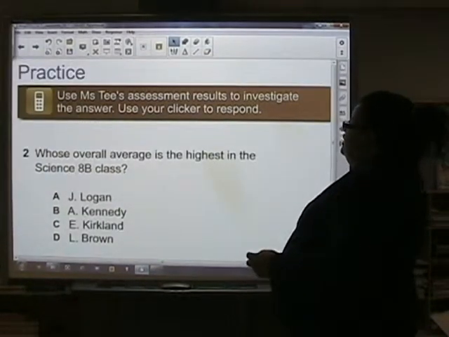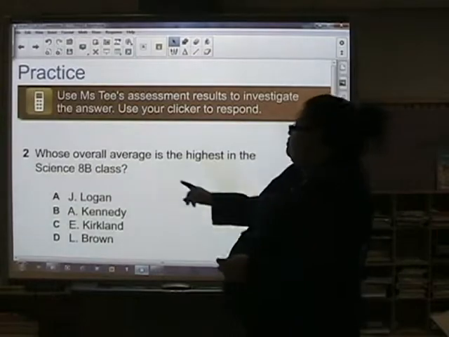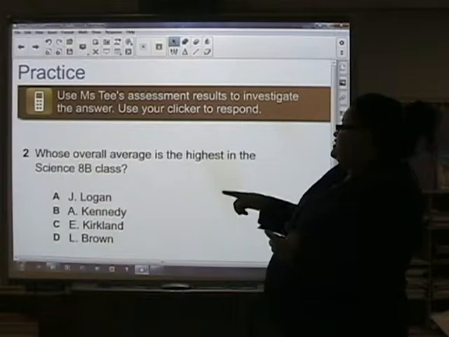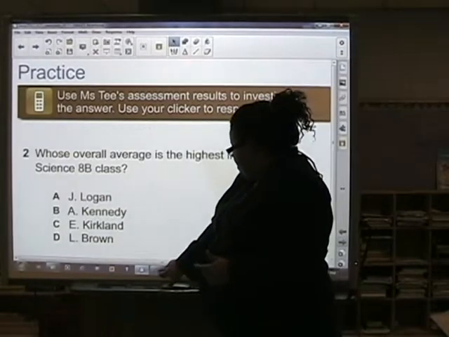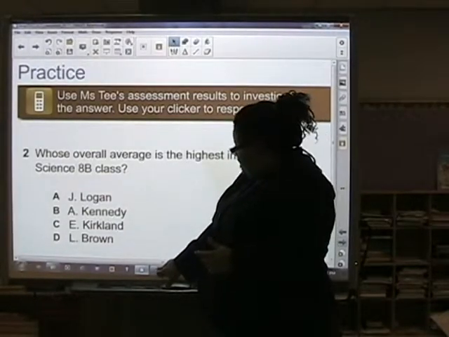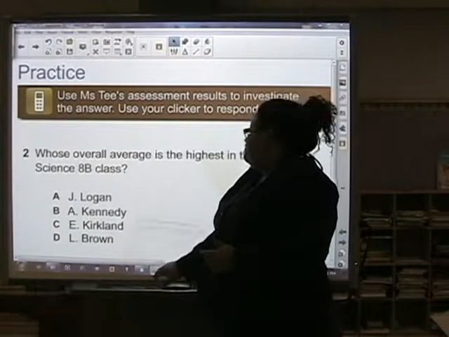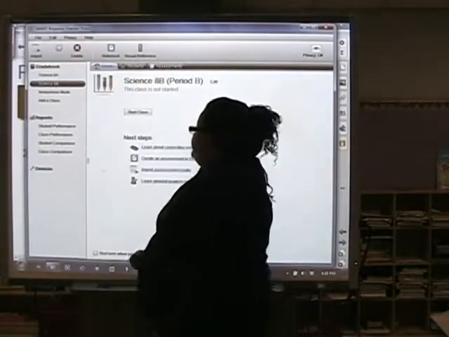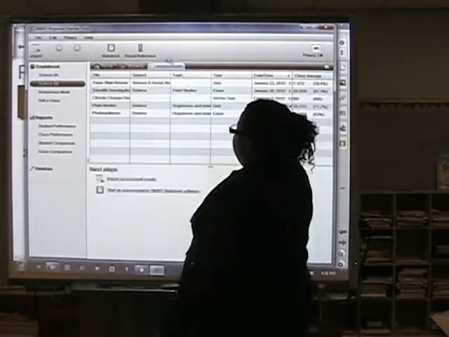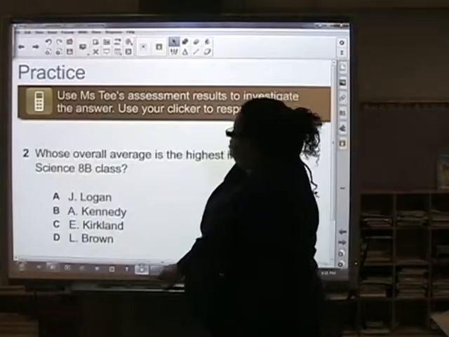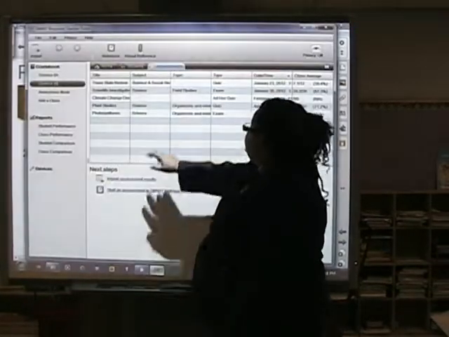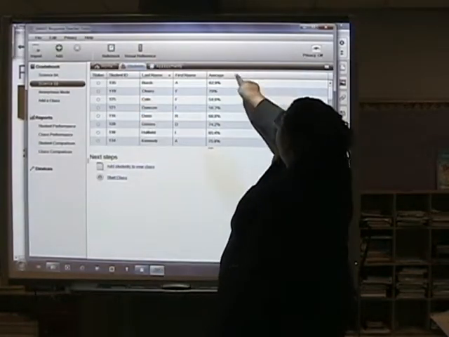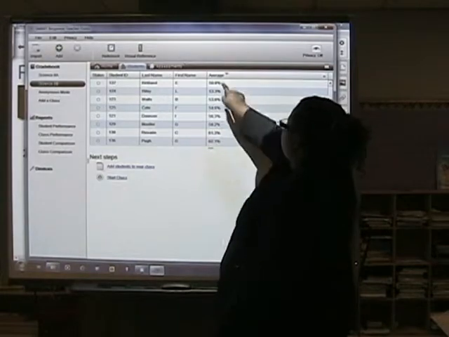Next question. We're going to click back on our grade book, but the question says, whose overall average is the highest in the science class 8B? Let's click back using our Windows taskbar. Let's click back on the grade book for Ms. T. We're going to go to Science 8B, click on 8B, go to Assessments, and the question asks whose overall average was the highest. Look on Students for that class, click on Average for the highest, sorted by highest to low,